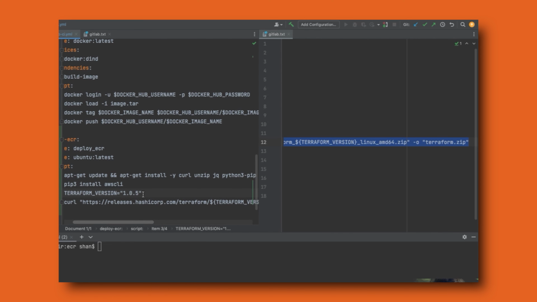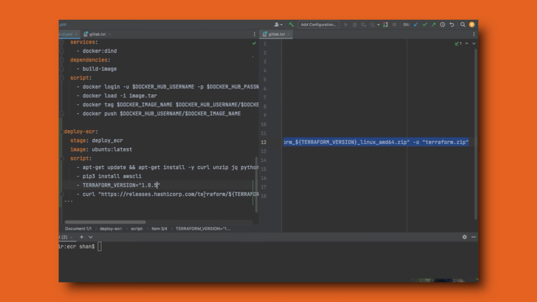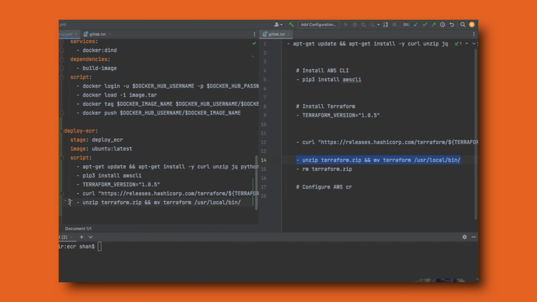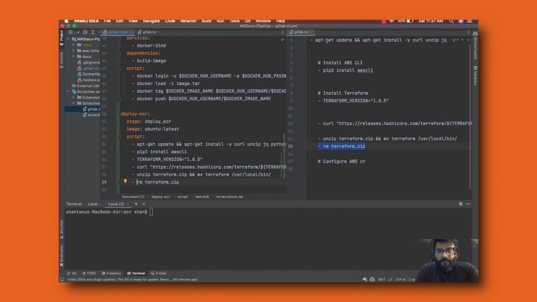So you can maintain the version right from here, and then we are again saying Terraform version and installing the Linux version and then zip it in the output. Alright, then we want to unzip it, move it to a specific location, and then once it moves we can just remove the zip folder as well. Alright, and then what we need is pretty much all. That's gonna just download the